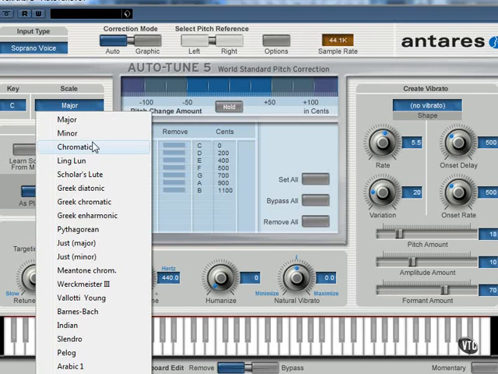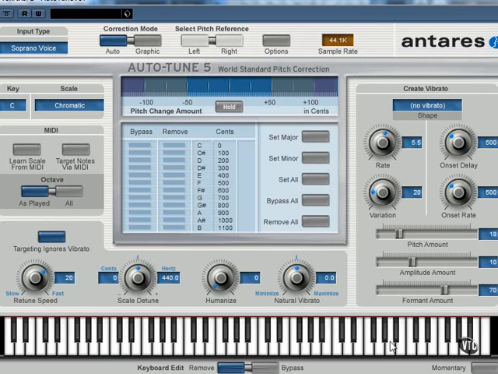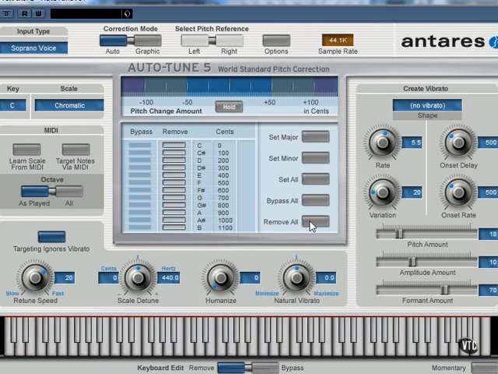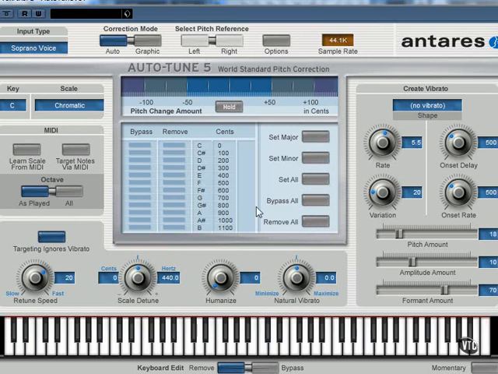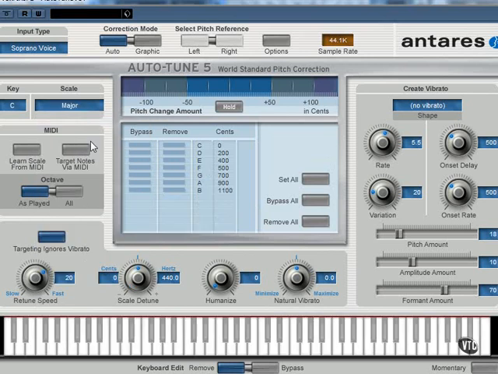A personal preference I have is to actually remain on chromatic and then choose set major. You can choose to have the full chromatic, and you see my keyboard changes here. I can specify minor, major, all, bypass all, or remove all. For me, the inherent beauty about having it under chromatic is this. If I return to major and play the soloed voice on its own,